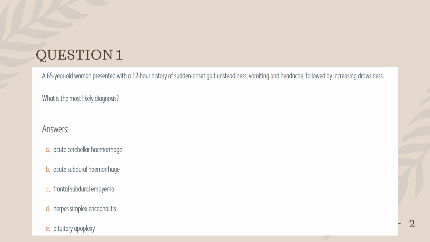Once you commit to an answer, always make sure that the other options are wrong. Here it's a sudden onset and a short history of a vascular phenomenon presenting with gait unsteadiness, so you almost commit to the answer of acute cerebellar hemorrhage. But you have to see why the others are wrong. Acute subdural hemorrhage, how does it present? It can present with a mass effect. Subdural hemorrhage can initially progress, then there is a midline shift, and only then will they worsen. Again, sudden onset gait unsteadiness is more likely to be cerebellar than subdural.